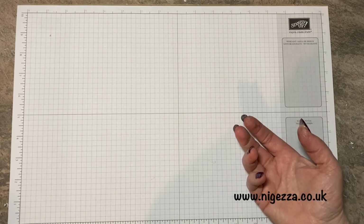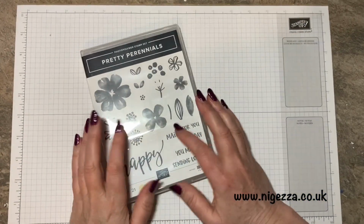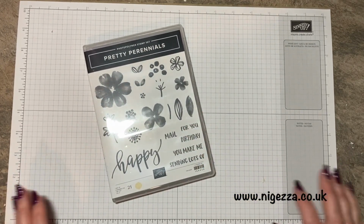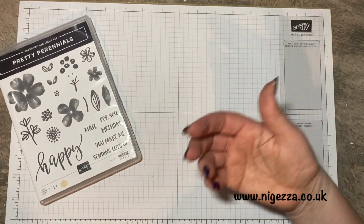Today I'm going to bring you a simple stamping project using Pretty Perennials. And I haven't yet done a simple stamping project with this stamp set. Well, not on camera. I have done it